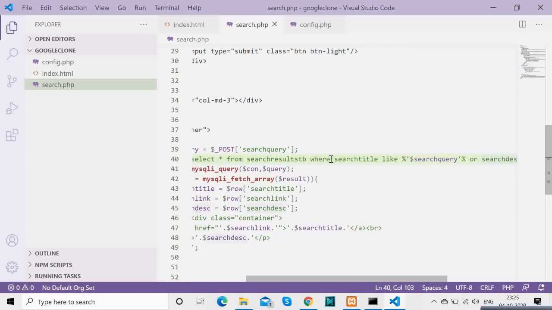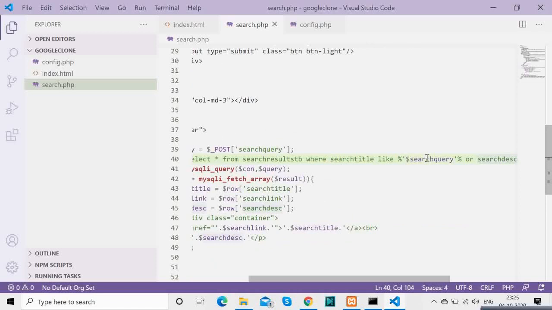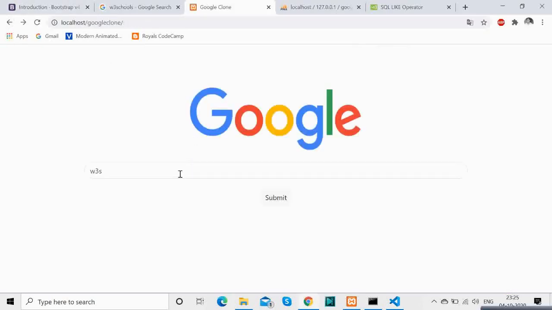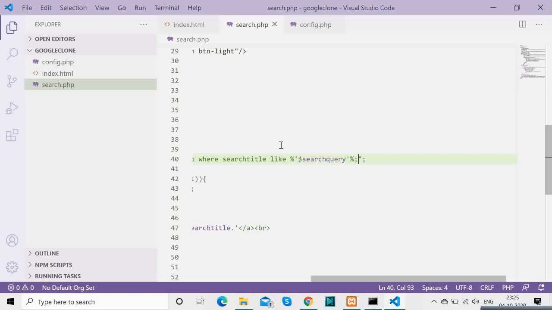Once I saw that it was the query issue, I tried changing a few things to see if that could get it fixed. As I'm making this audio after the video, I know what the issue was: it was that quotation. Once the quotation got removed, this got fixed. So it could be very simple like that.